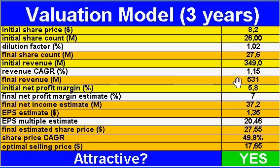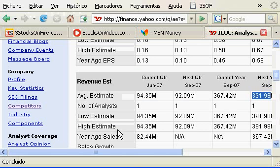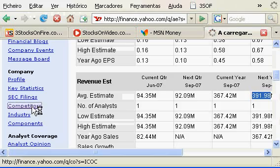$531 million. And initial net profit margin 5.8%, which was the one we got in Q1 2007. I expect this to expand to about 7% over the medium term, and this gives me a final net income estimate of $37.2 million and an earnings per share estimate of $1.35. This earnings per share multiple estimate of 20.46 I get from the industry average, which is, let's put here on competitors,